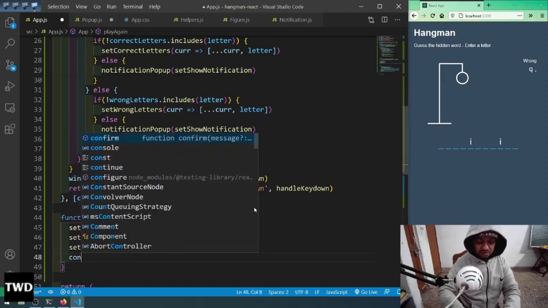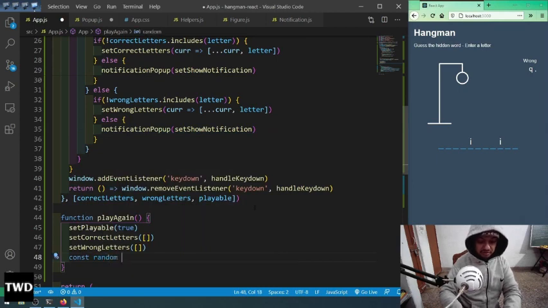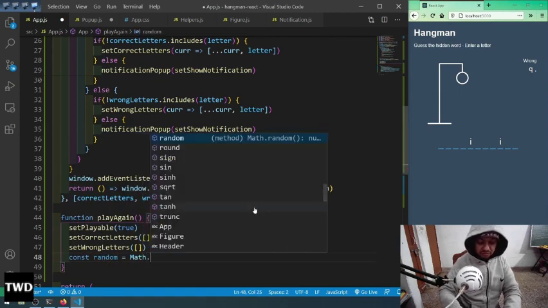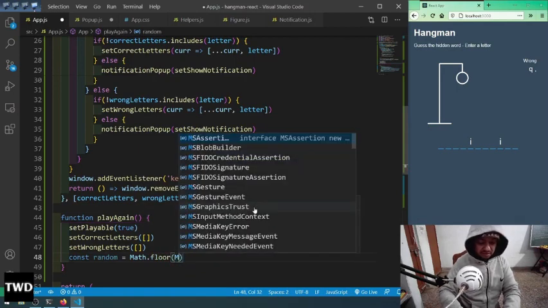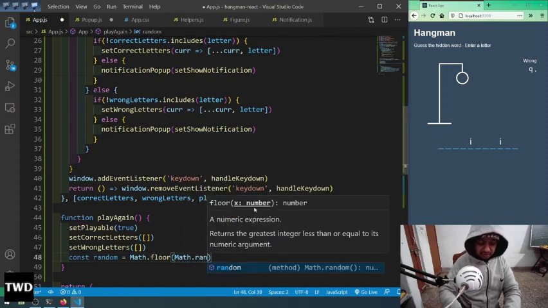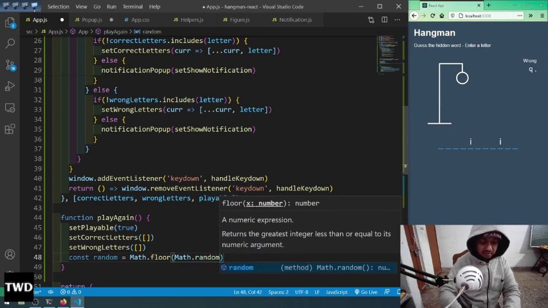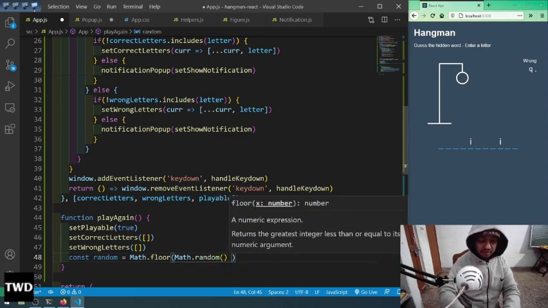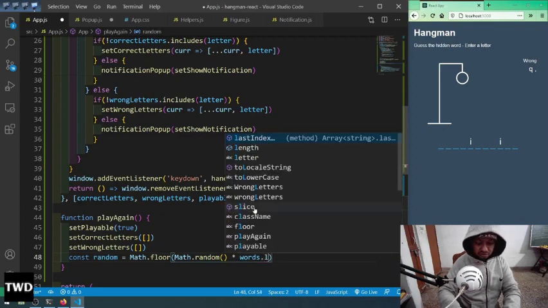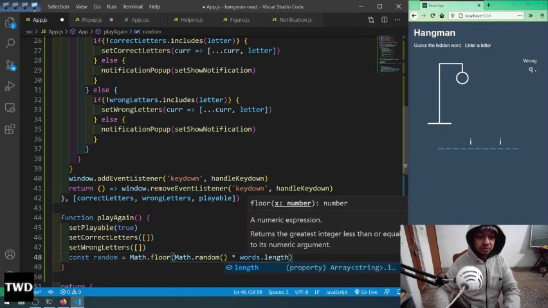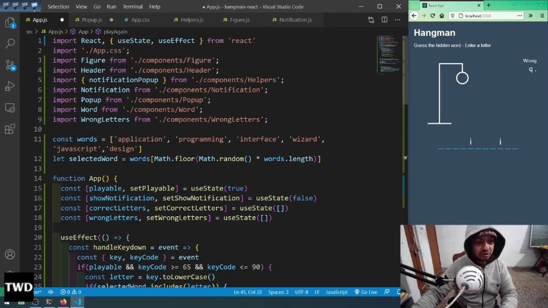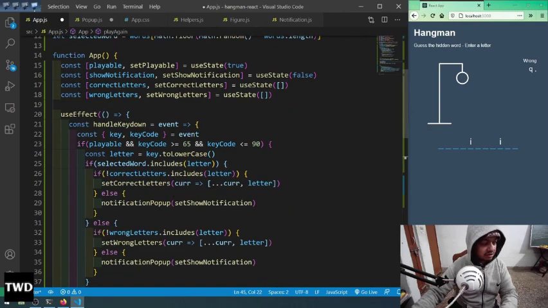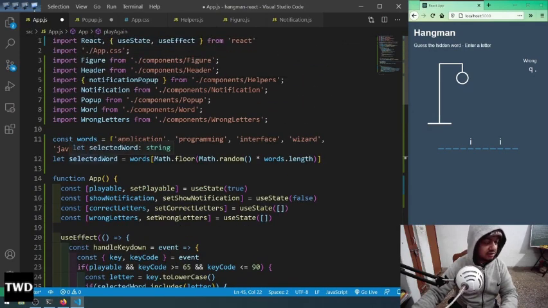we have to do a const random equal to Math.floor, and Math.random times words.length. So we are again having this random thing, words.length, the same as before, because we want a different word, not the same word again. For that we are doing this. And now we will set the selected word